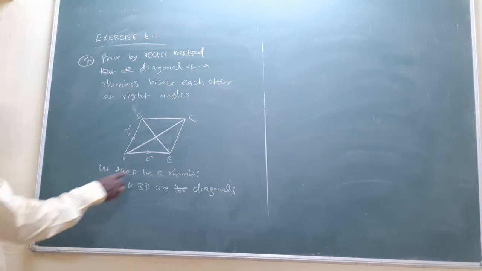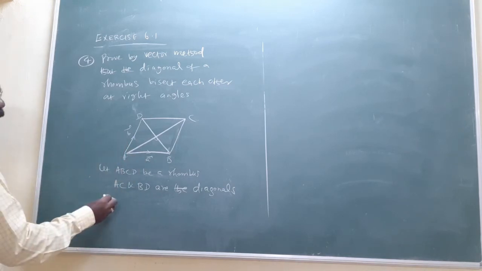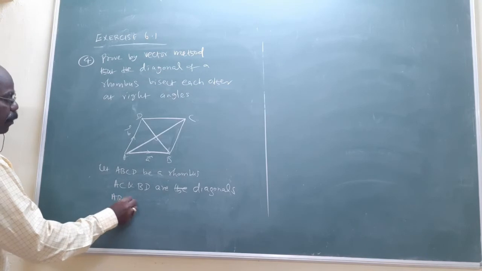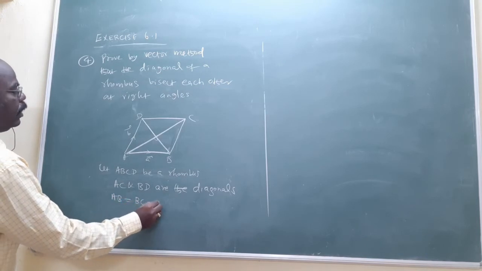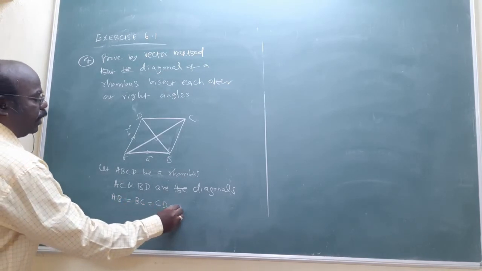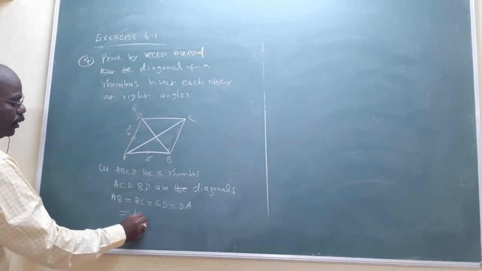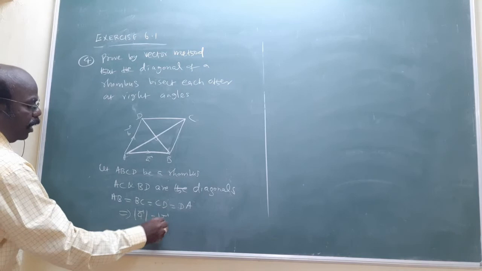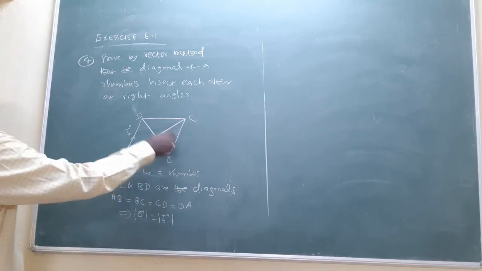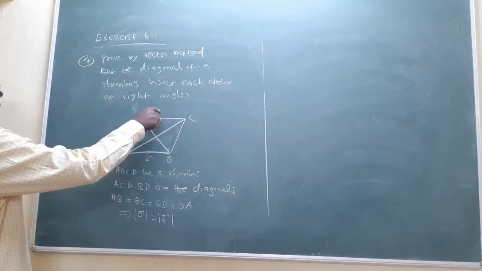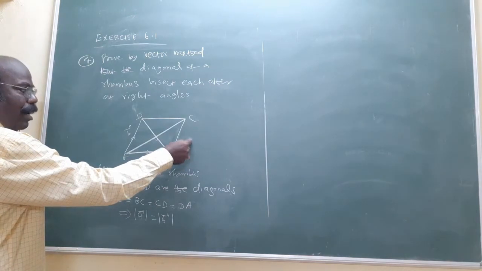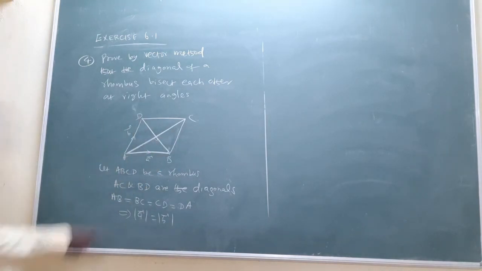Now our assumption: AB vector is a vector, AD vector is b vector. Automatically AB, BC, CD, and AD are all equal. What is this? This is a rhombus. Which means modulus of AB and modulus of AD will be equal. Okay, all the sides are equal. This is a, this is also a. This is b, this is also b. Vector may be different, but the modulus will be equal. Then only all the 4 sides are equal.